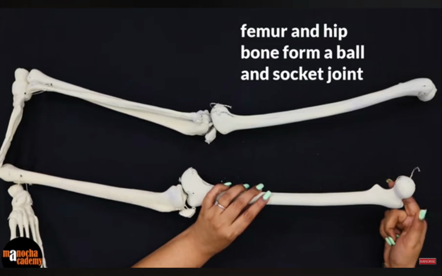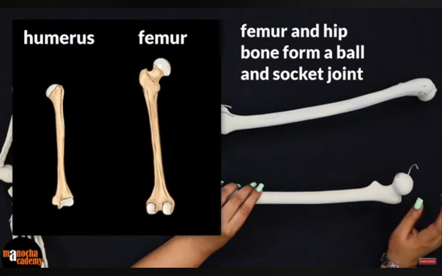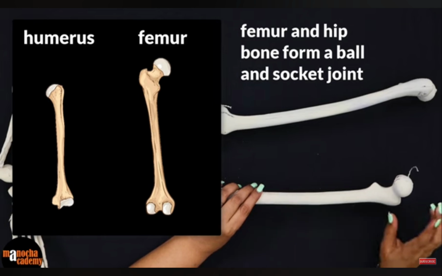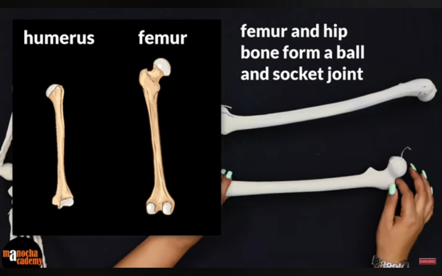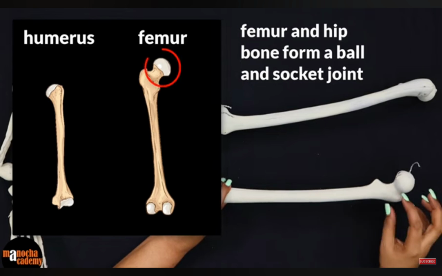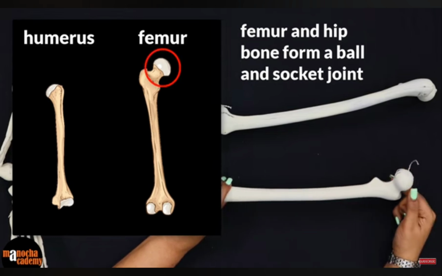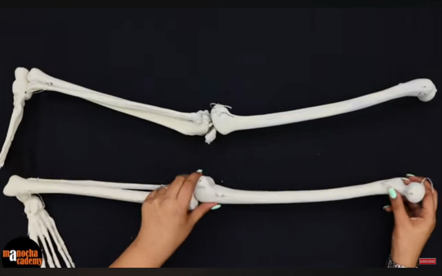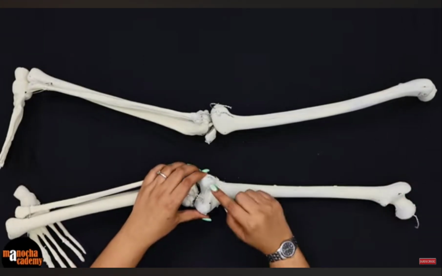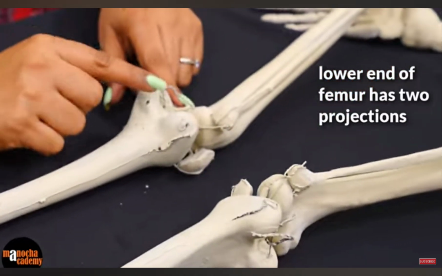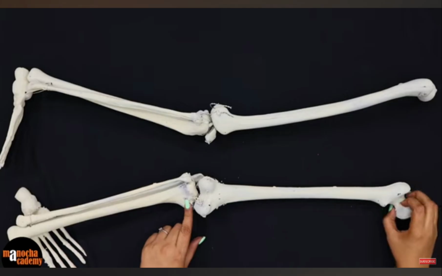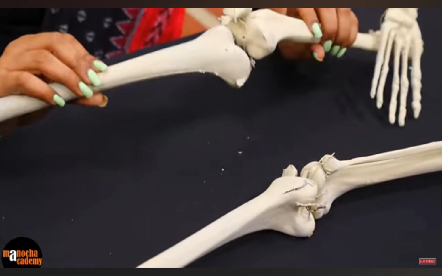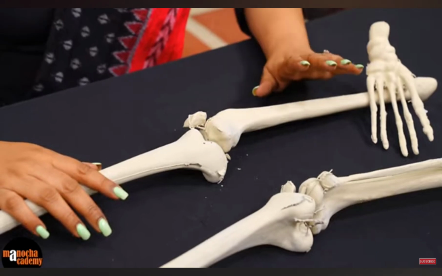We do not see this in humerus. Humerus and femur. Humerus is the first bone of the hand and femur is the first bone of the leg. So humerus being much smaller than the femur, and femur has this prominent round head which the humerus does not have. Now if you look at this bone, it also has another end where you find two projections, and on one end there is only one head and on the other end there are two projections. So this is the end towards the knees where we see that the femur joins with the next bone